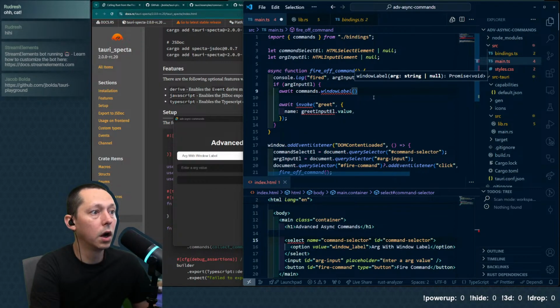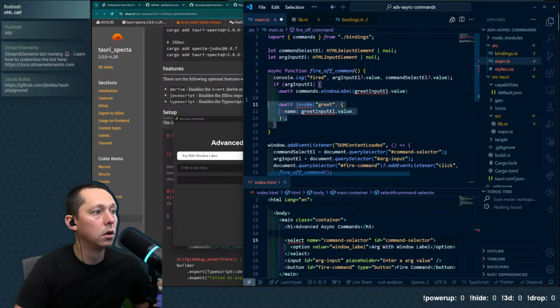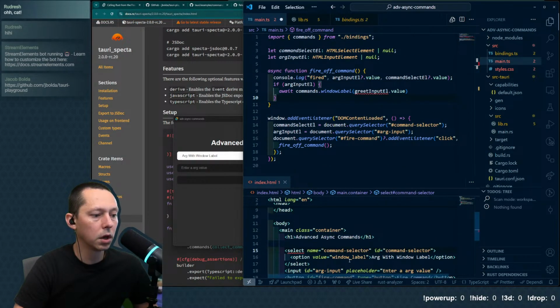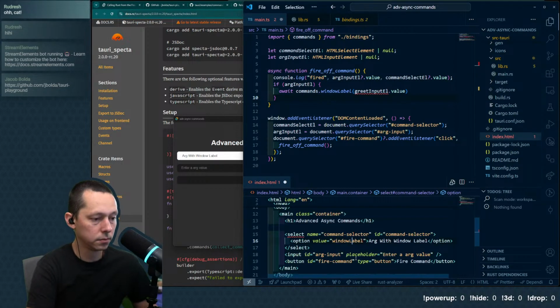So we can now say this value is what we're going to fire off. It is camel cased. So I think what we actually do instead is in here we make our value camel cased.